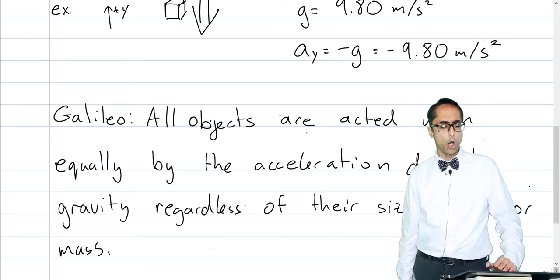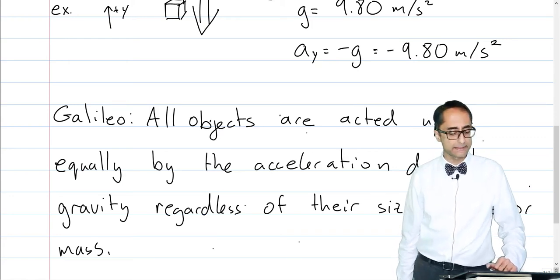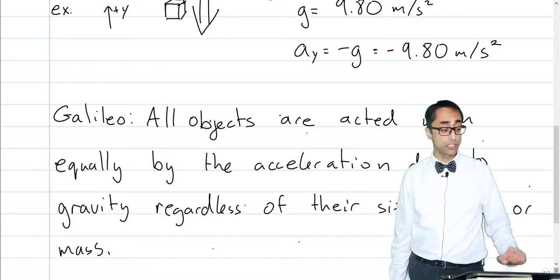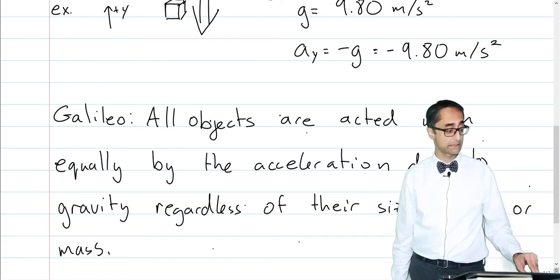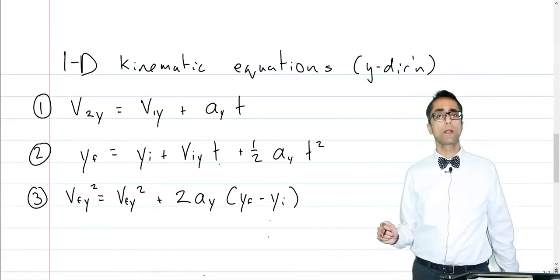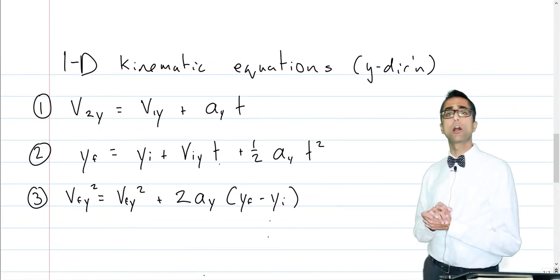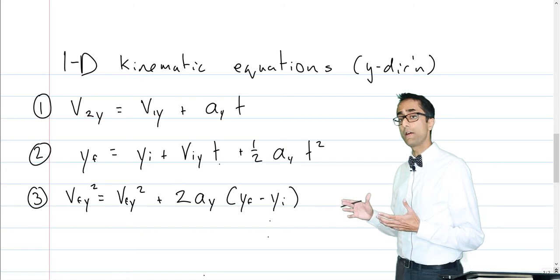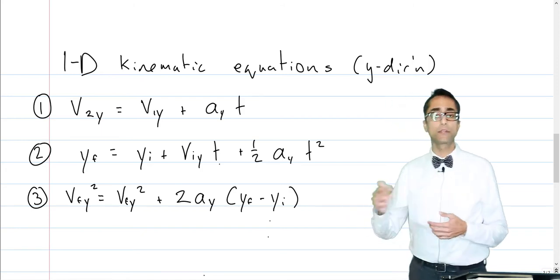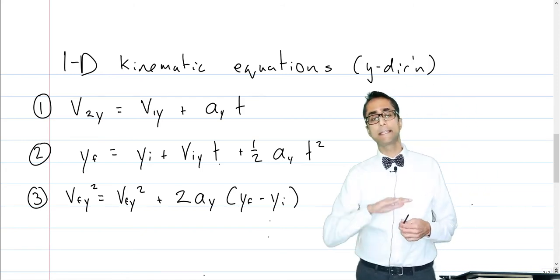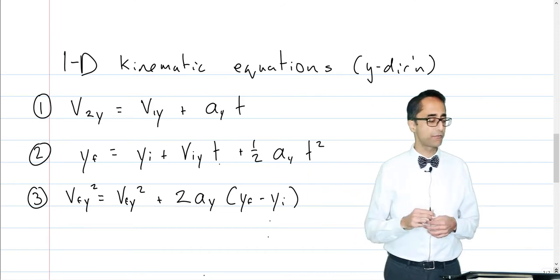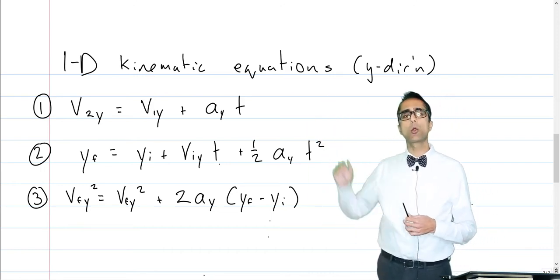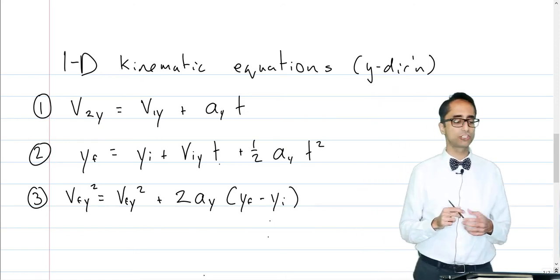All objects are acted upon equally by the acceleration due to gravity, regardless of their size, shape, or mass. And so now we're ready to try our very first example of free fall. Of course, we've done questions already in the horizontal direction. It's not much different than that, but for your convenience, I've rewritten our one-dimensional kinematic equations